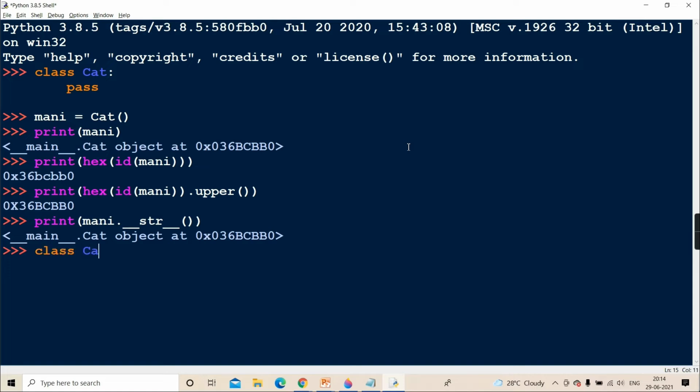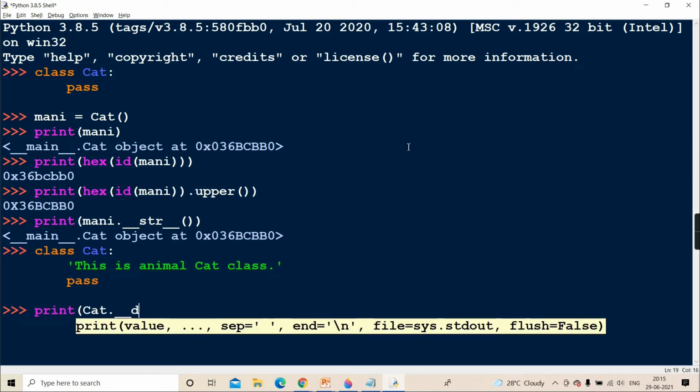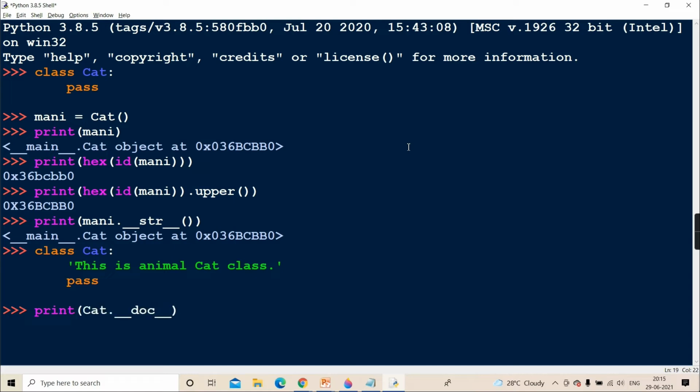Like I've written class cat. And then inside this, if you're going to write in single line, then don't use 3 quotes. Like this: this is animal cat class. And then I'm writing pass. For the time being, I'm leaving it empty. Now if you print and see cat dot __doc__, it will print that documentation string only.